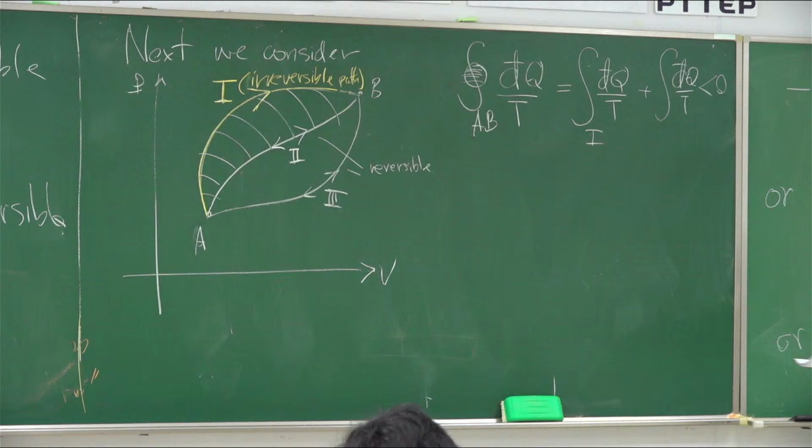So you could go with the part 2 first then, and then, oh no, sorry, you come back with the part 3, which is actually equal to 0 because this is the reversible loop or cyclic, right? Oh, this is 2. So from here, you can plug this equation into this one. You will get